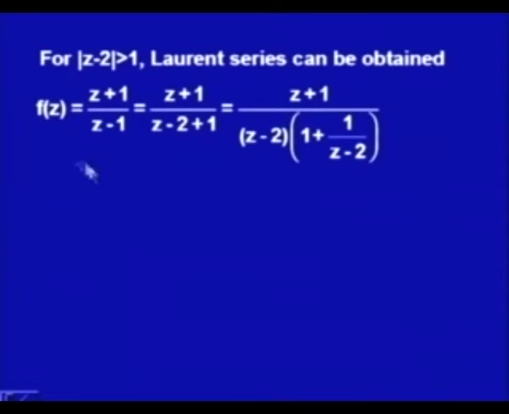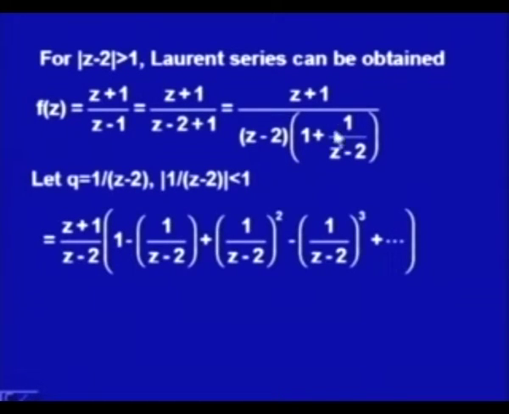But for modulus z minus 2 greater than 1, a Laurent series can be obtained, and we have f z as z plus 1 divided by z minus 1. We again rewrite it, and since our domain is modulus z minus 2 is greater than 1, we will now take z minus 2 outside, and we will have 1 upon z minus 2 in the denominator. So, simplifying this, taking q as 1 upon z minus 2 and modulus of q is less than 1,